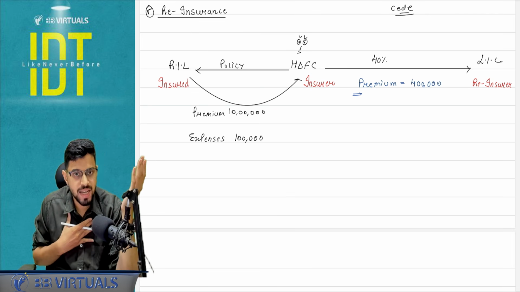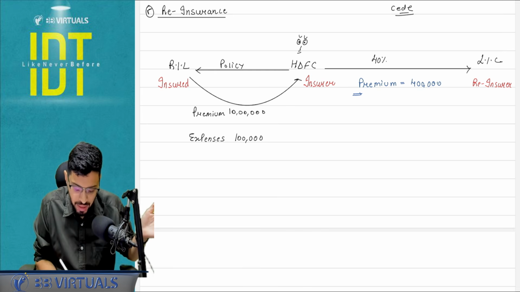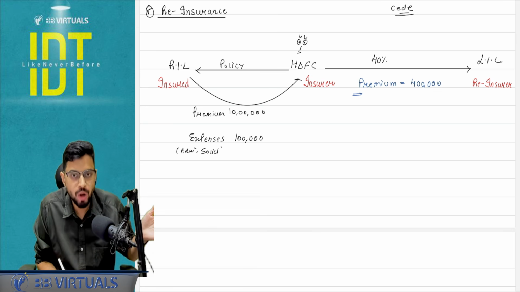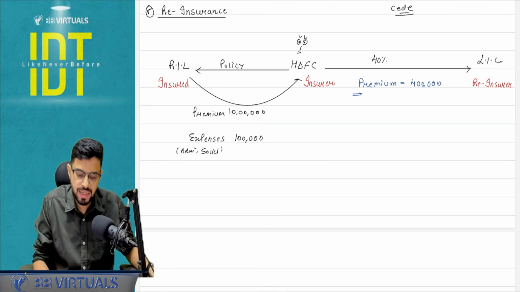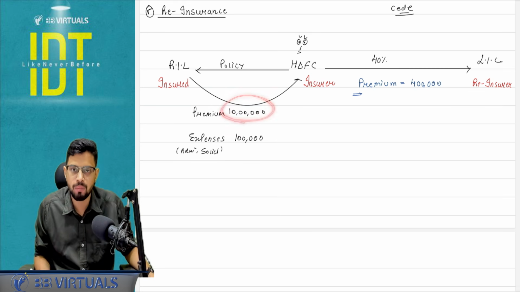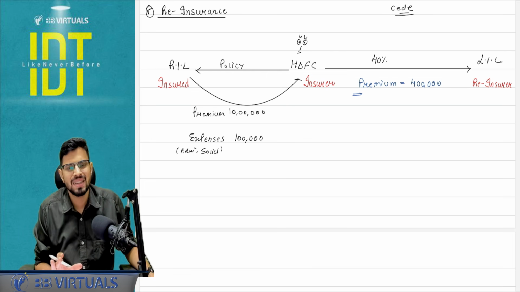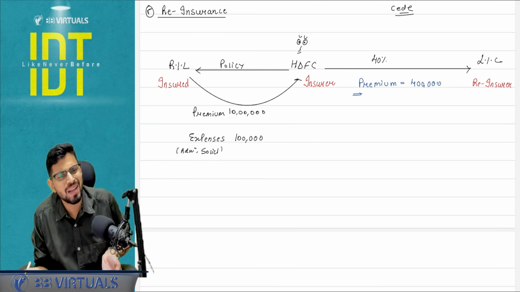We have incurred certain expenses as well, no? 10 lakh was the sales amount. We have incurred expenses. Admin expenses were done. Soliciting expenses were done. A lot of expenses we have incurred to get this premium of 10 lakh. So LIC, is it fair to just give 40% of the premium and 1 lakh completely we are absorbing? So LIC says, okay, transfer the 40% of the expense to me as well, because